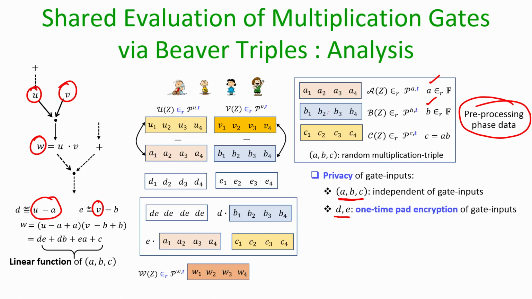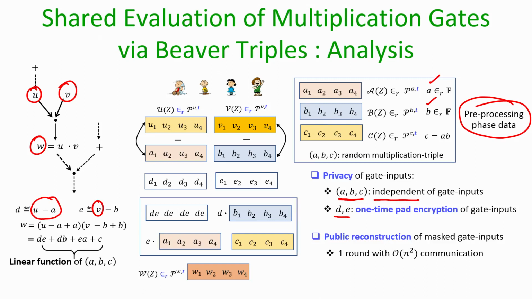But when I say a, b, c are picked randomly and independently, and there are several such triples which are independent of each other, that does not mean that the values of a, b and hence c are not allowed to be repeated. No, they are picked independently. That is what I mean here when I say independent random multiplication triples.